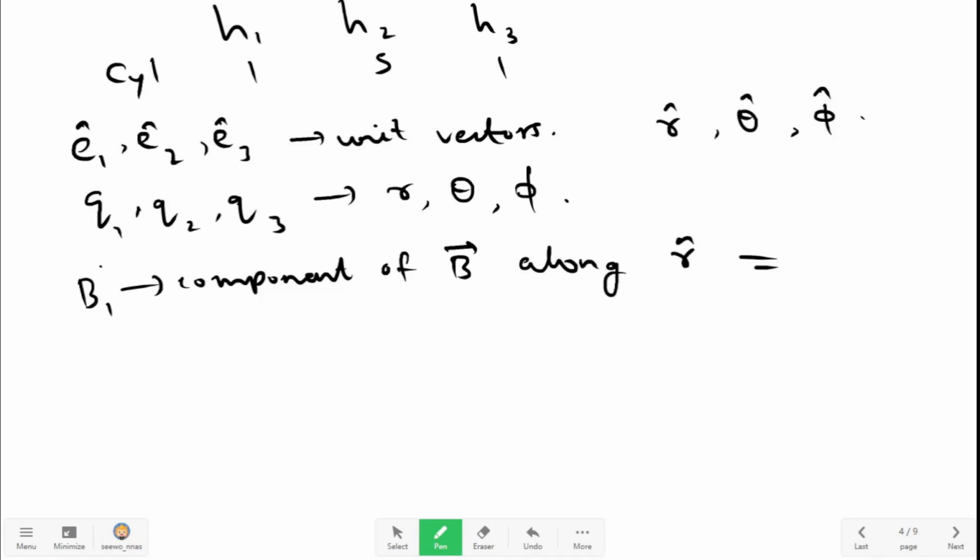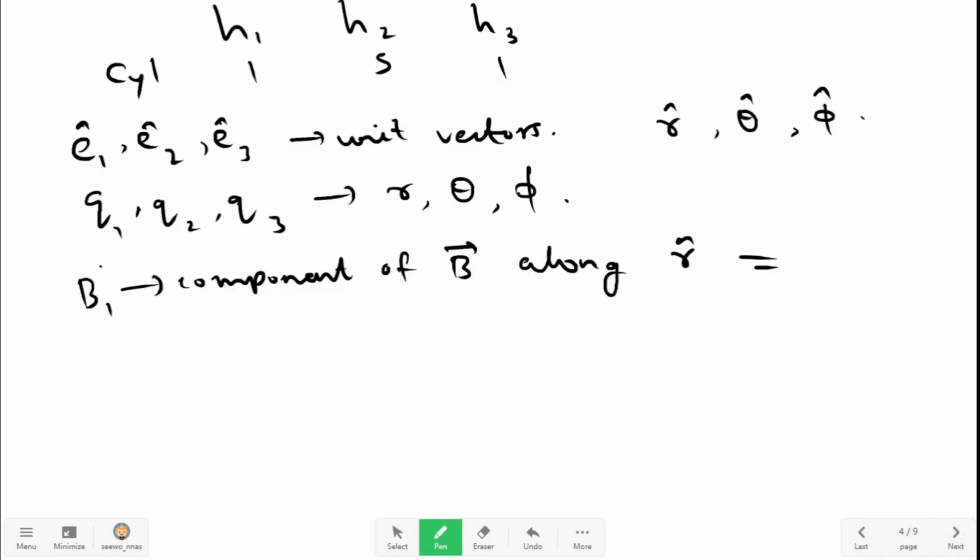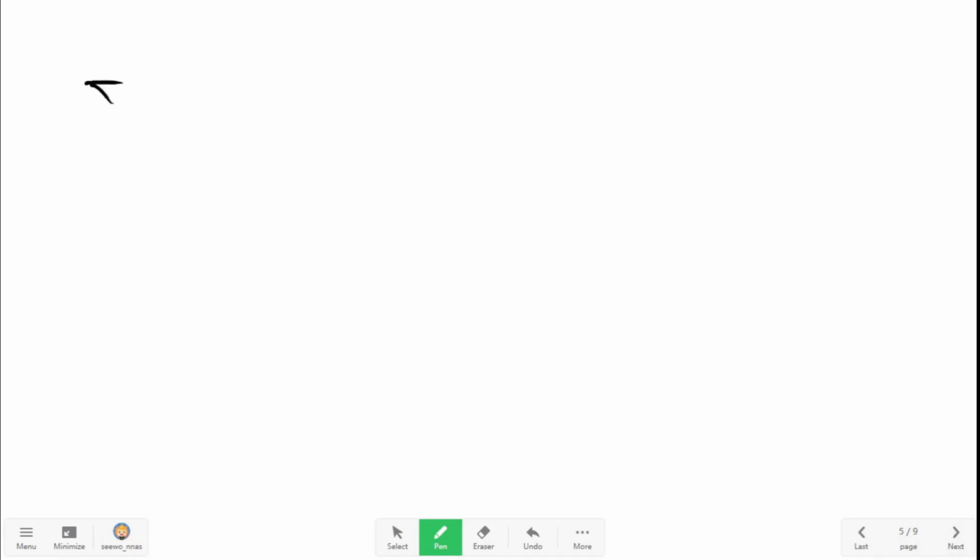Therefore b1 is equal to F, because it is the component of B along r cap. Now b2 is equal to b3 is equal to 0, because we do not have components along theta cap and phi cap. Therefore curl of B, which is nothing but vorticity,